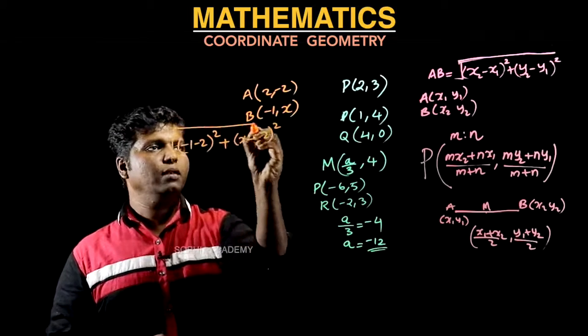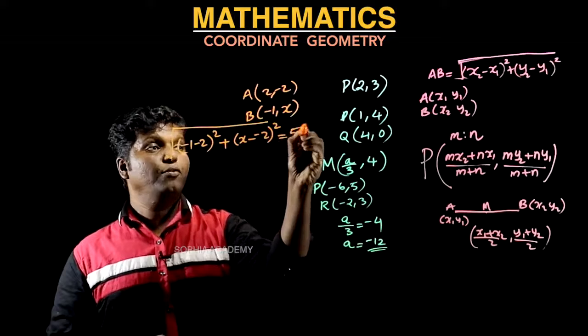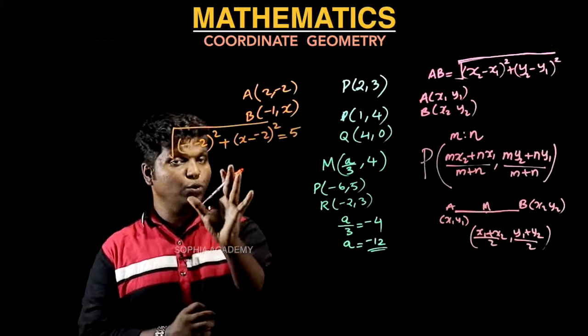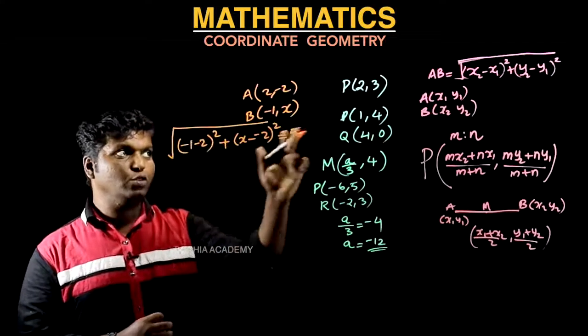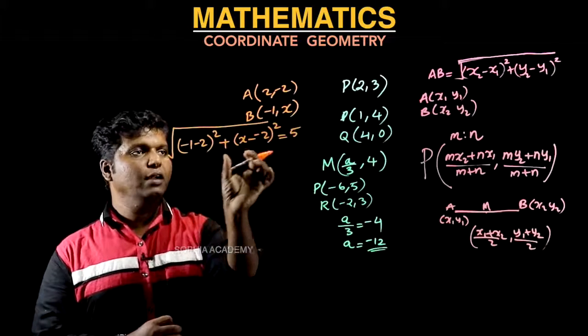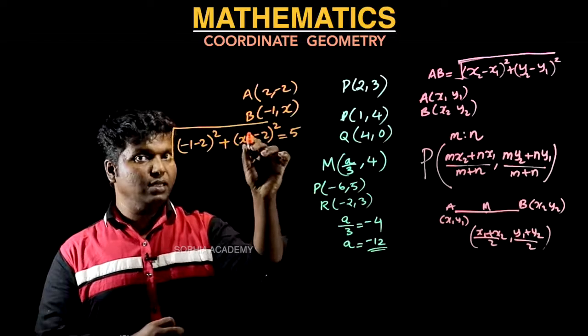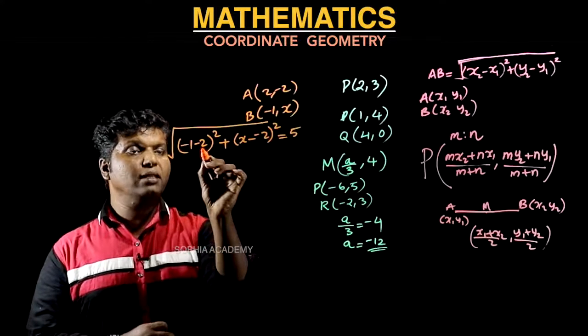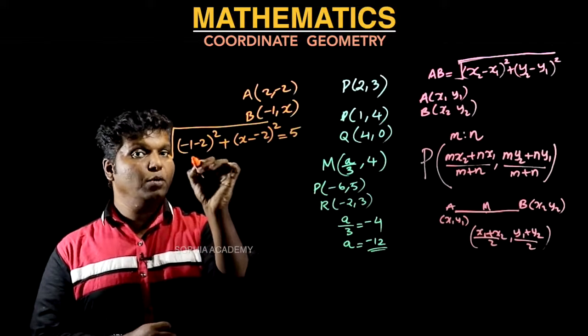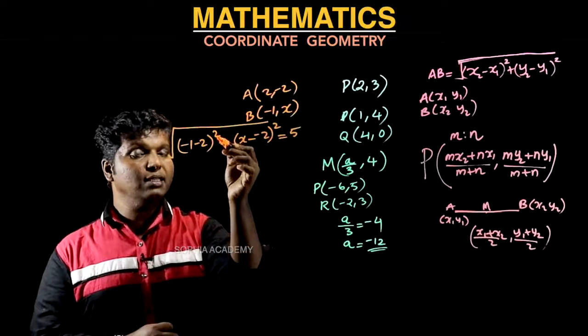The root of this one is 5. This is the thing which is given, because we made it by using the formula. Minus 1 minus 2 together will become minus 3. The square of minus 3 is